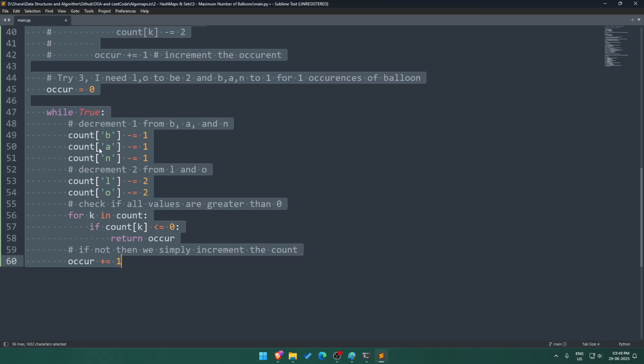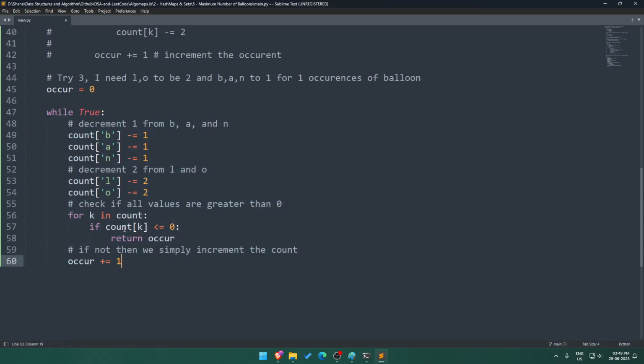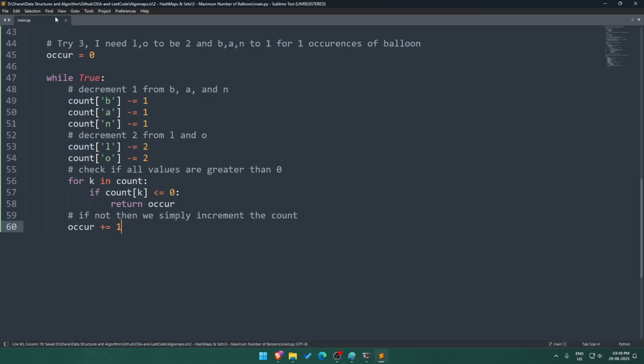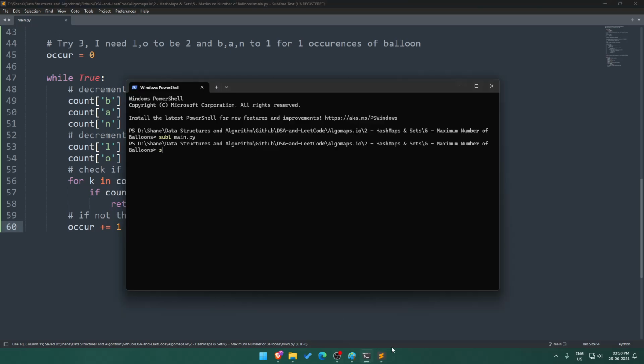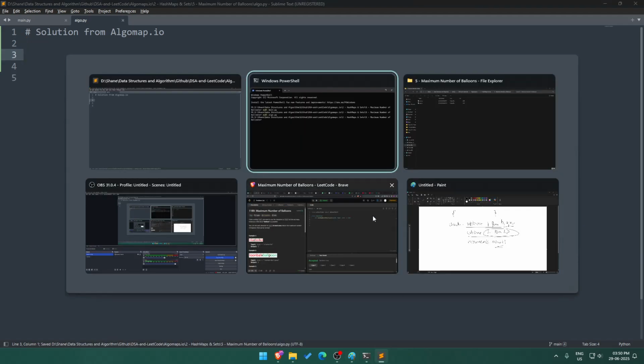Fit right. Okay. Fine. Okay. So this is mine. Okay. Then this is my solution. Then we will go with algo.py. This solution from algo maps.io. Okay. So